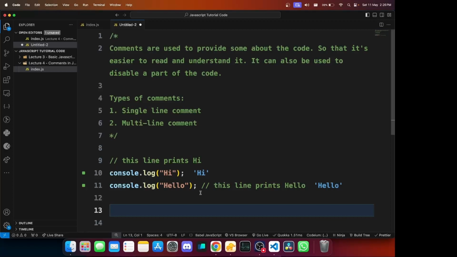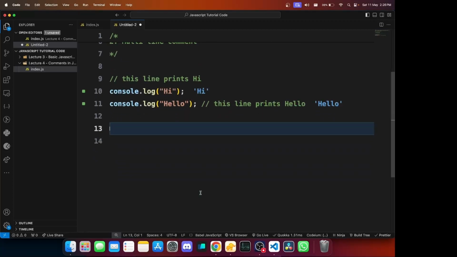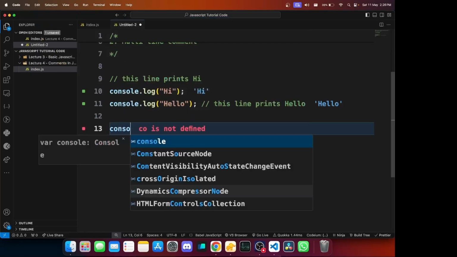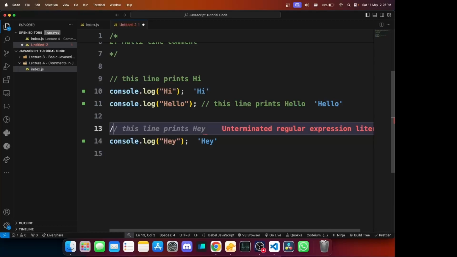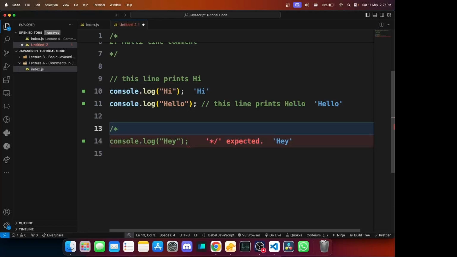Now let's see how we can write a multi-line comment. Multi-line comments are easy. What you have to do is just write some code. For example, I say, hey, now I want to write a comment about this code. So what I can do is start a multi-line comment. In the same way we start a single line comment, we have to start a multi-line comment as well. To start a multi-line comment, we need to give a forward slash, and then a star, asterisk, whatever you say. That is basically going to give a multi-line comment.